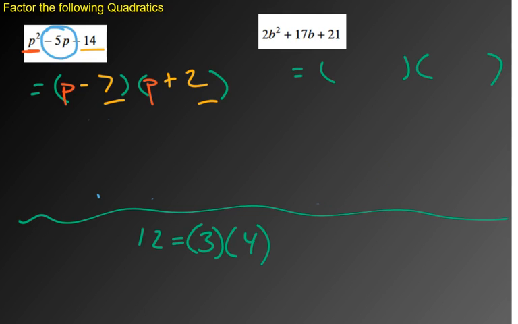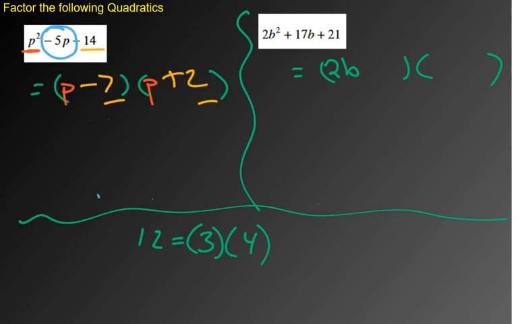But the little shortcut, the way that you can think of it is you can look at this number and it's got to multiply to 14. So something like a 7 and a 2 could work. And then the sign of this always goes with whichever one's bigger. So the 7 was bigger, so that's the negative one, and then this one has to be positive. So for this other one,